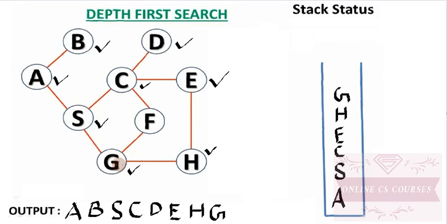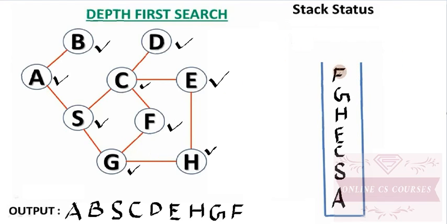सो जब G को चेक करना है कि G के साथ adjacent जो vertices है उसमें अनविजिटेड वर्टेक्स कौन सा है. एडजेसेंट तो S भी है और H भी है और F भी है, तीनों है, मगर F हमारे पास अनविजिटेड एडजेसेंट वर्टेक्स है. So push F to the top of the stack and put it here in the output sequence and mark it as a visited vertex.